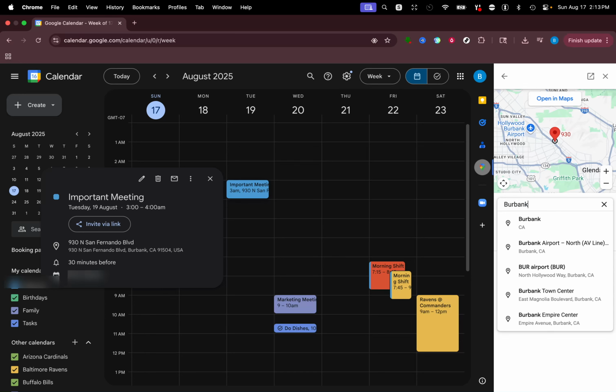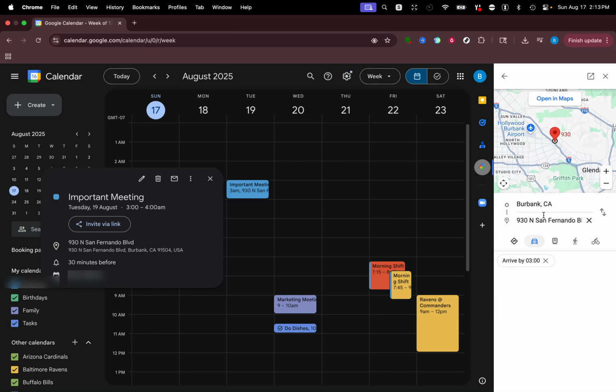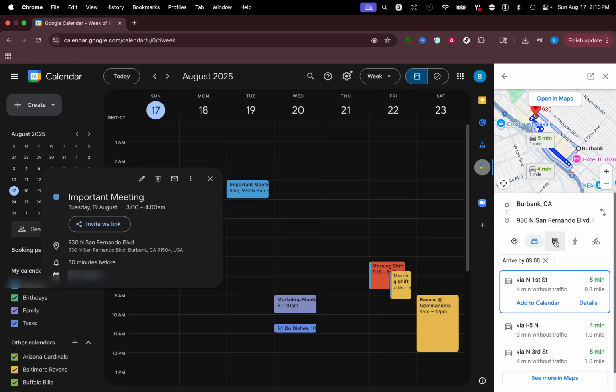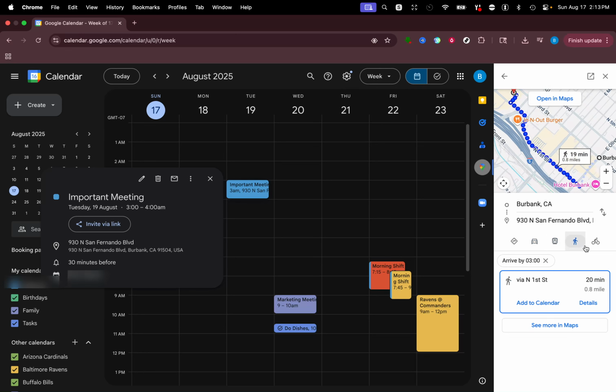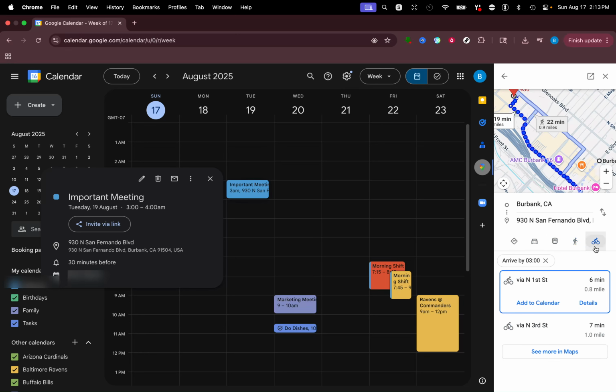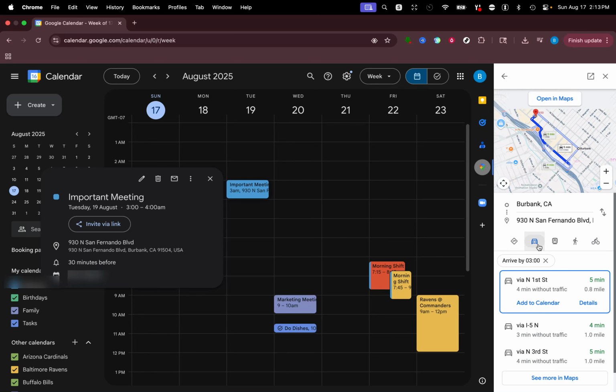After entering your starting point, you'll be asked to select your mode of transportation. Google Maps offers several options such as driving, public transit, walking, and cycling. Choose the one that best fits how you intend to travel to your event. Each transportation method will provide different travel times and routes, so make sure to choose the one that aligns with